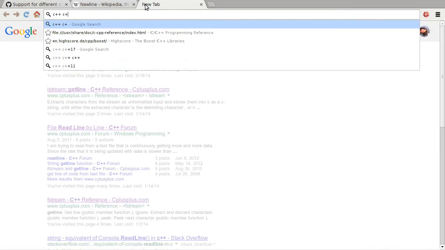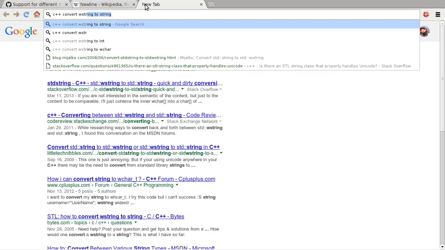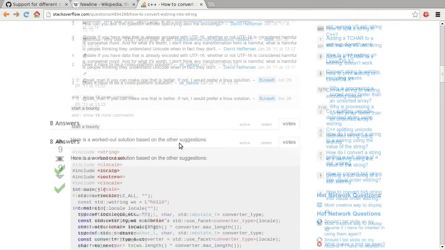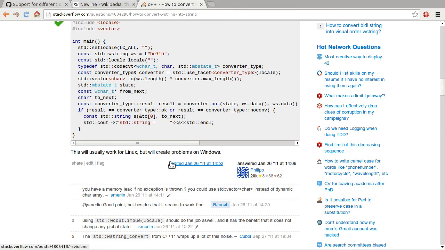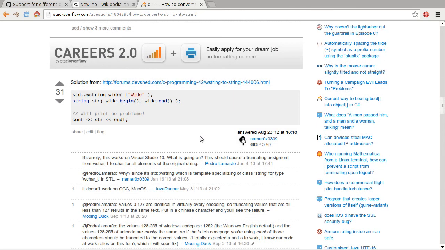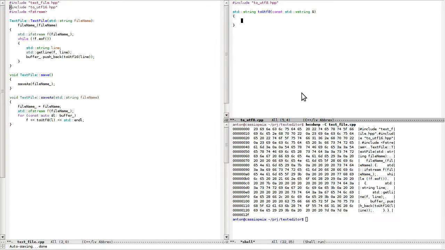C++ convert wstring to string, Stack Overflow. Oh my gosh. Facets, converter, type, locale. Oh my. Oh, this is a million times easier, and of course, later on I will need to anyway,